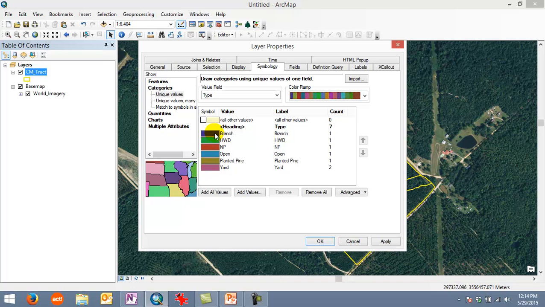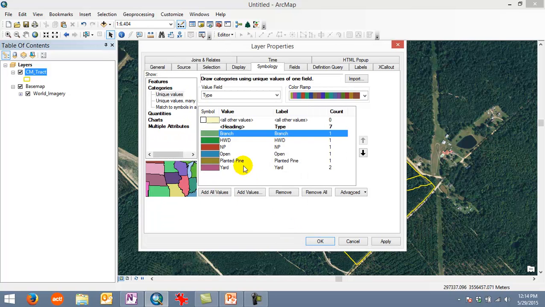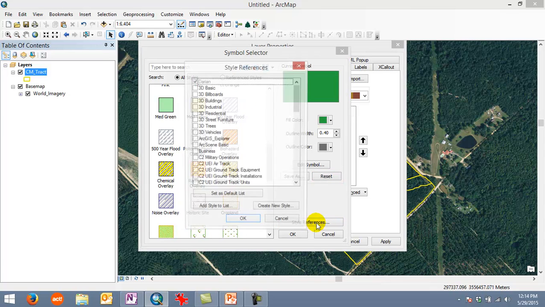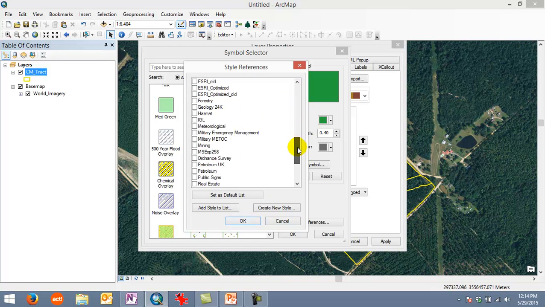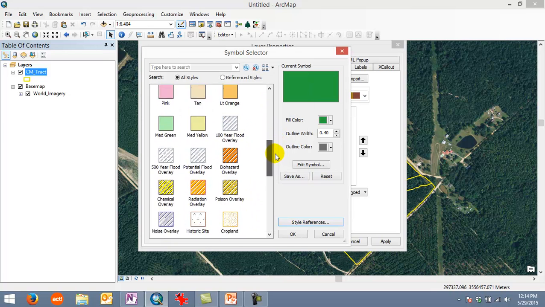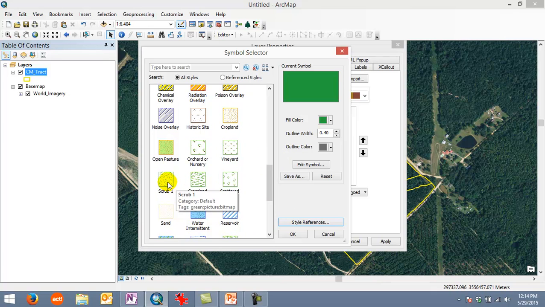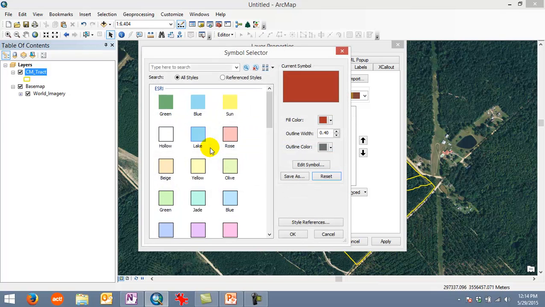And if you don't like these, you can always go in here and double click on it, and you can choose a different field pattern. Okay, maybe for the hardwood right here, if you don't like the field patterns you have to work with, you can click on the style references. It'll bring up a lot of other different styles that you can use. Like for me, I just have maybe forestry and ESRI turned on, so I don't have a lot going on here, but I scroll down. Maybe you want to choose one of these scrub. You could use that for the hardwood. For the natural pine, you may want to use a